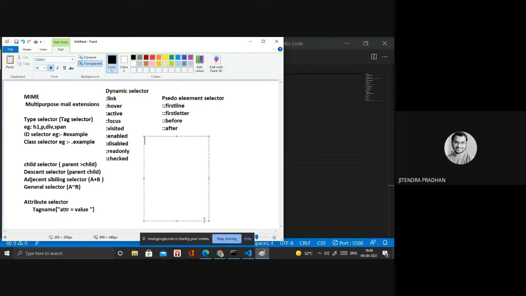Structural pseudo class selector. Okay. So we have first child, we have last child, we have nth child.